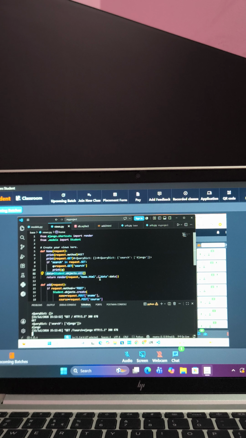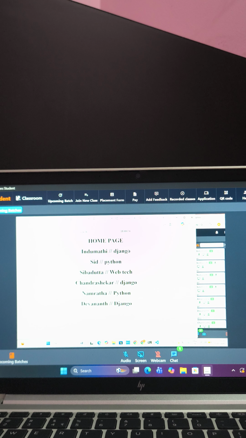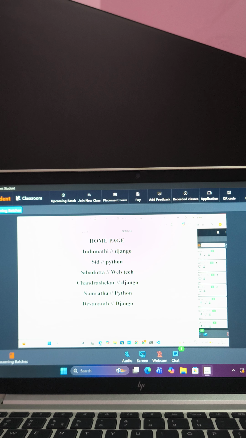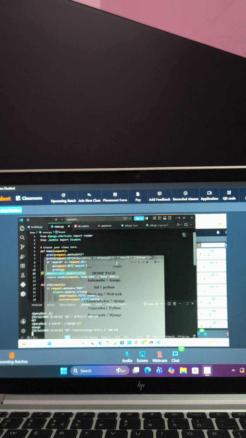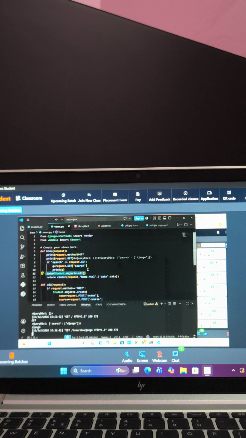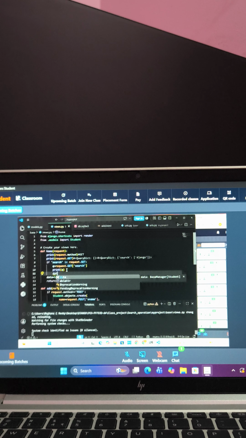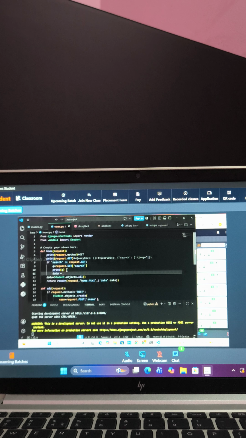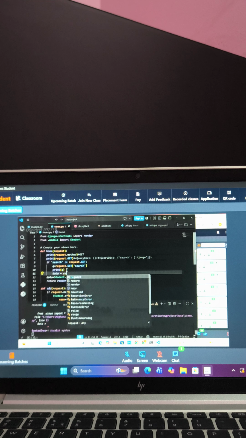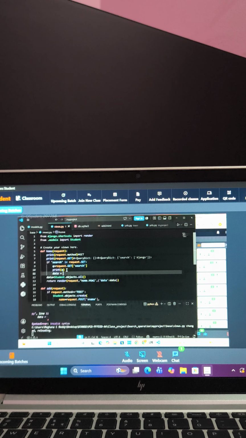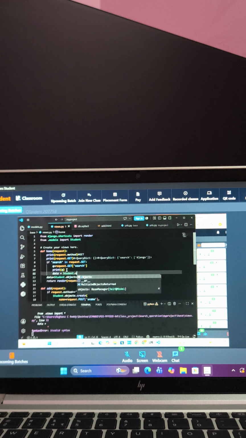Now I want to perform the search operation through my course. Whenever the user types Django, I need to get all the Django records. So what can I do? I need to filter out the data. So data equal to, no sorry, from the model I need to filter out the data. Student.objects.filter(course equal to